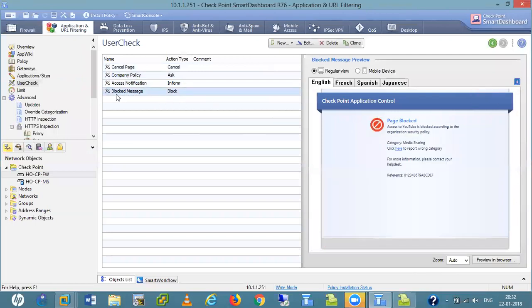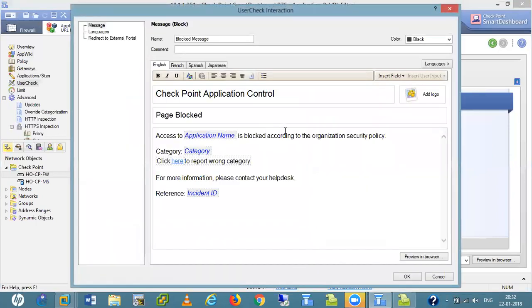When we block some website, and we have a block policy for social networking, and the user tries to access this website, at that time the user gets this type of message. If we want to edit, then we just edit here.